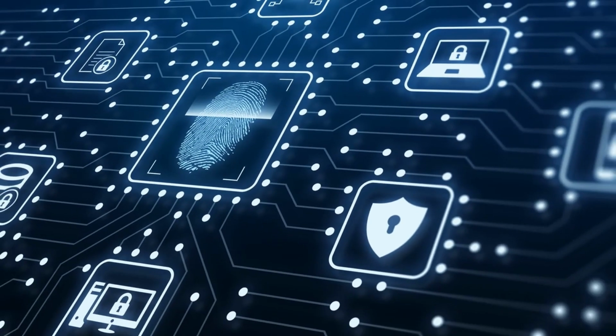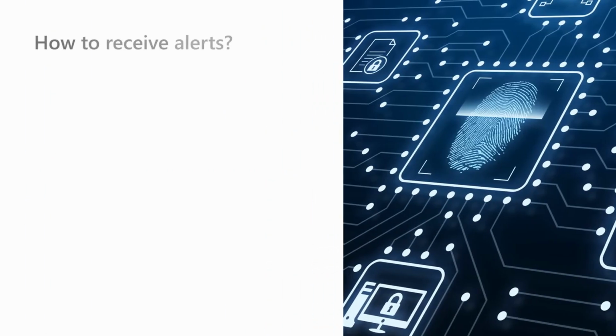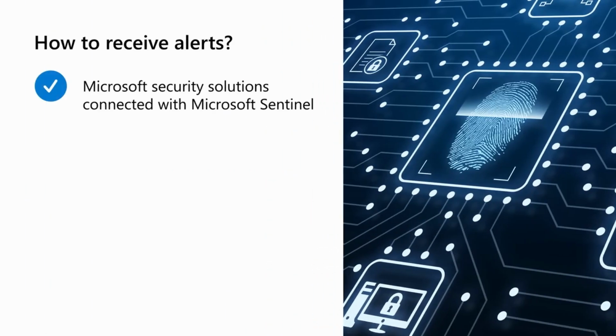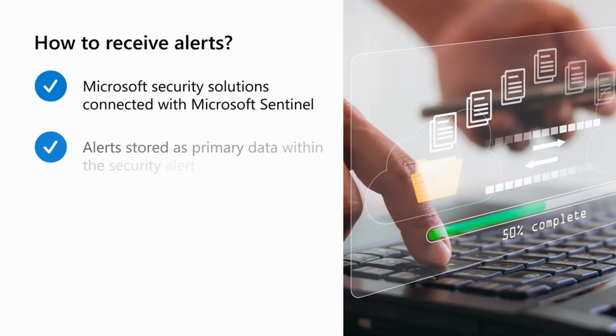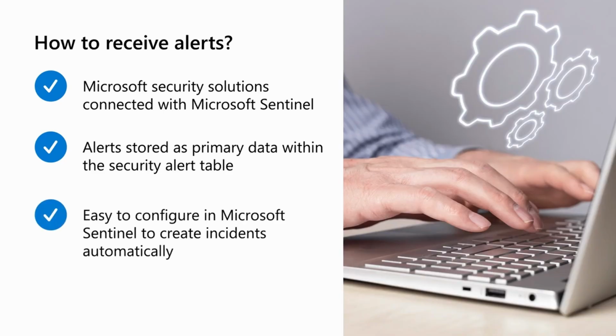Let's begin. Commonly, Microsoft Security Solutions are connected with Microsoft Sentinel to receive alerts. When you connect a Microsoft solution to Microsoft Sentinel, any alert generated in that service will be stored as primary data in Microsoft Sentinel within the Security Alert table. You can use this data as is. Also, whenever you receive an alert in the connected Microsoft Security Solutions, it will be easy to configure Microsoft Sentinel